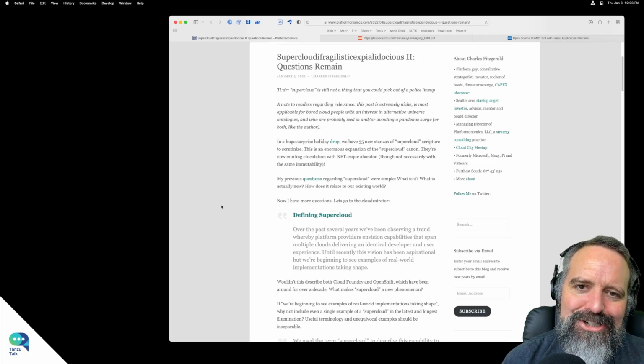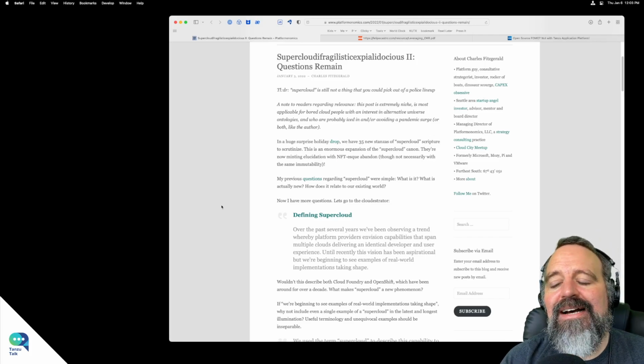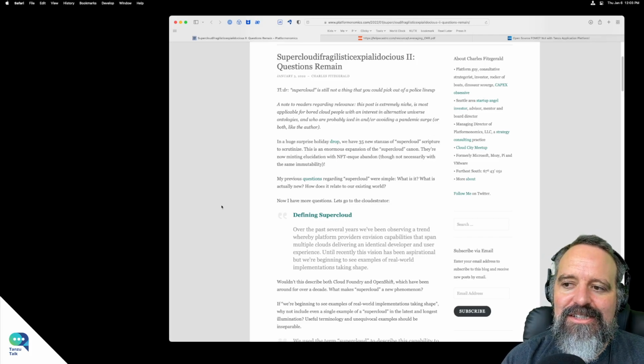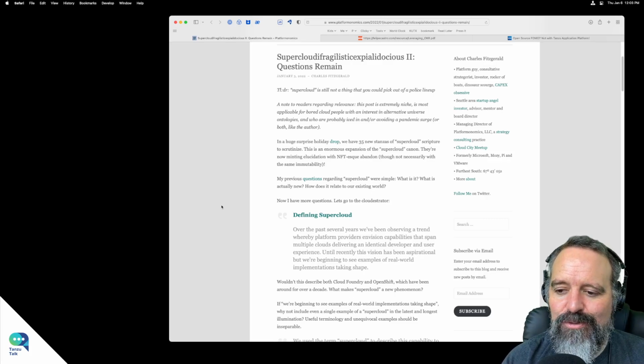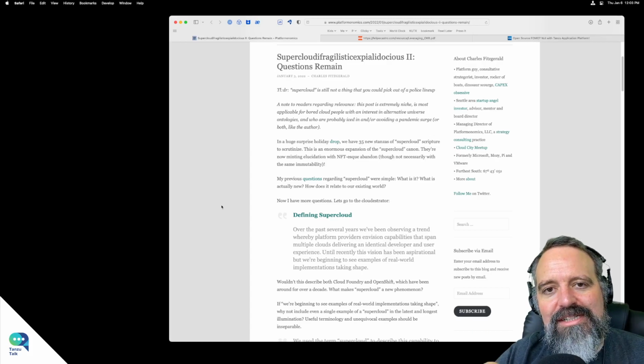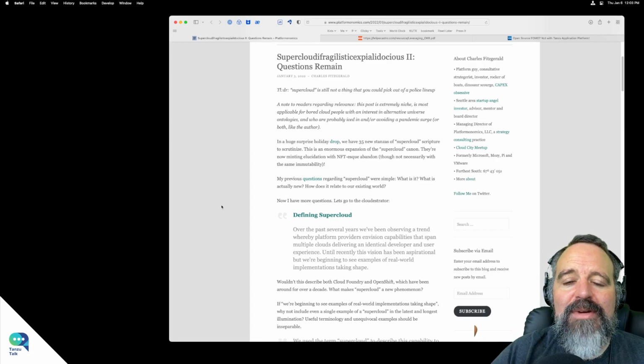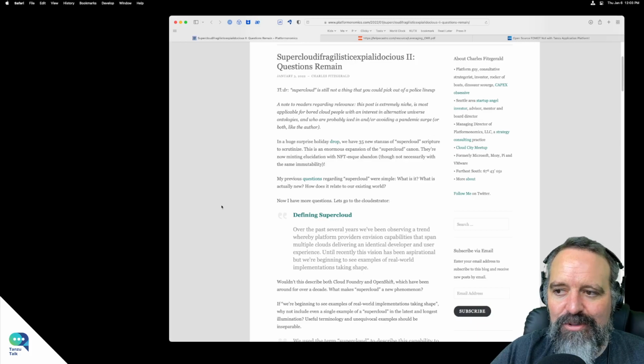I think I just said a bunch of gobbledygook. But I think you should check out this post, because he goes over a lot of what the requirements are, the explanation for what multi-cloud means, more or less at an infrastructure level, but what multi-cloud means at a custom application to developer layer.